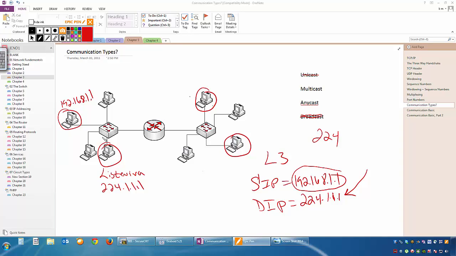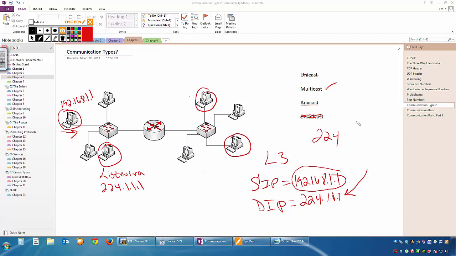listening. Now, a switch will still send it out of all ports. It treats a multicast as it does a broadcast. A switch will treat a multicast just like it would a broadcast. So these switches will get it, but they'll drop the information because they're not listening. So that's really nice to be able to have traffic coming from one source and going to many. And that's the concept of multicast.